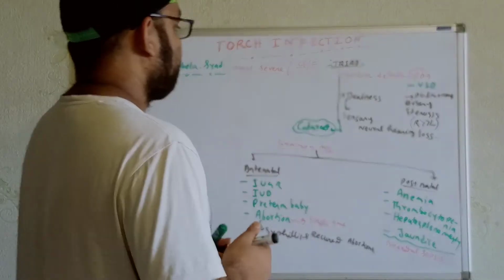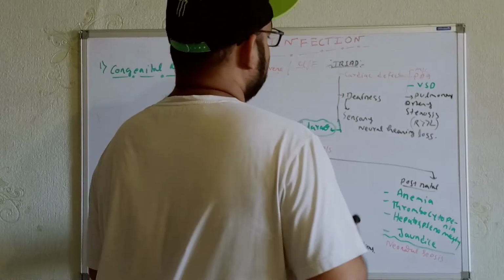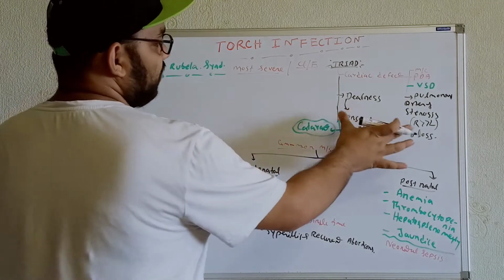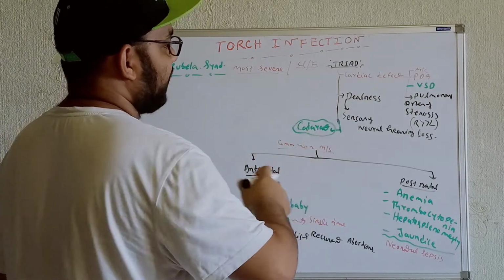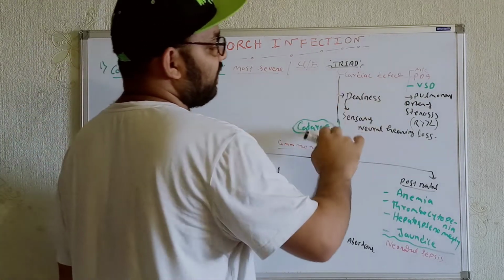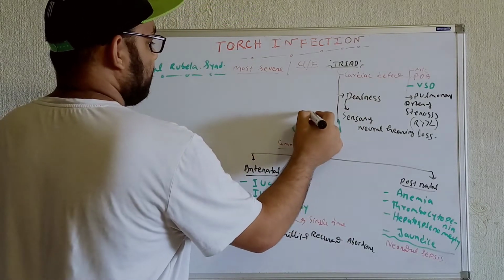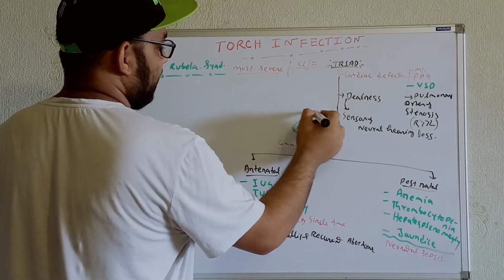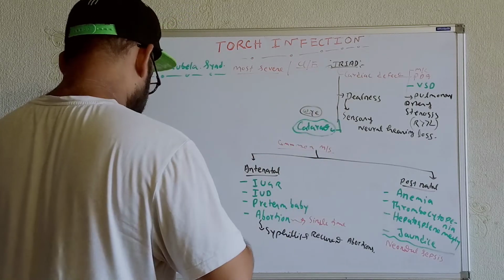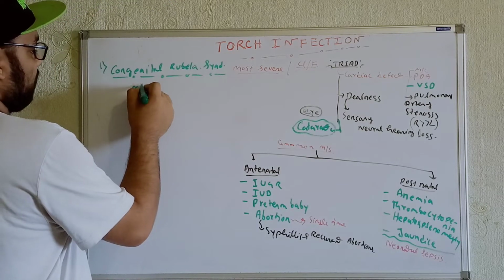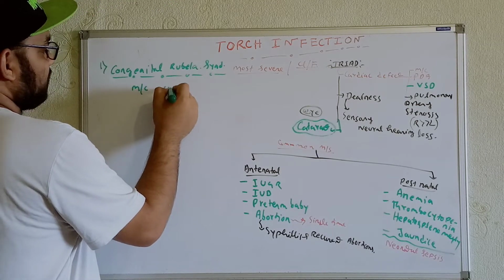Okay. The other manifestations we will get in terms of congenital rubella syndrome: I have already mentioned the triad over here. We will get the cardiac defect, we will get the deafness, we will get the cataract. Now this is the eye problem. If I say what the most common ocular manifestations are,